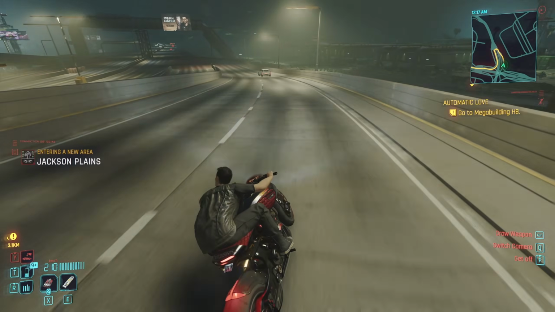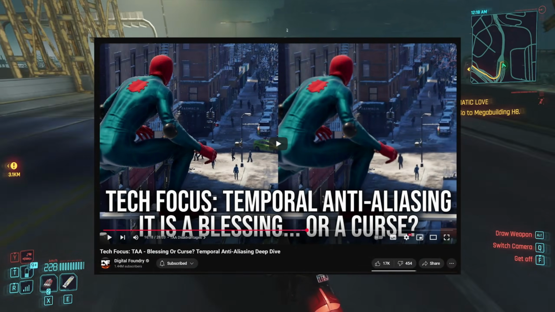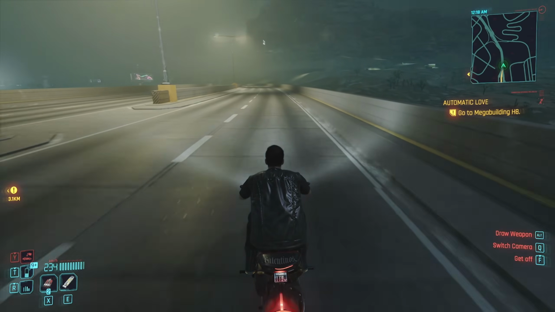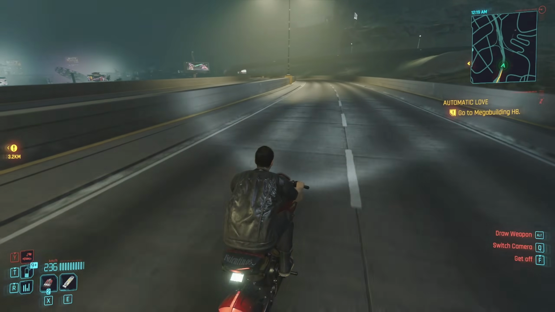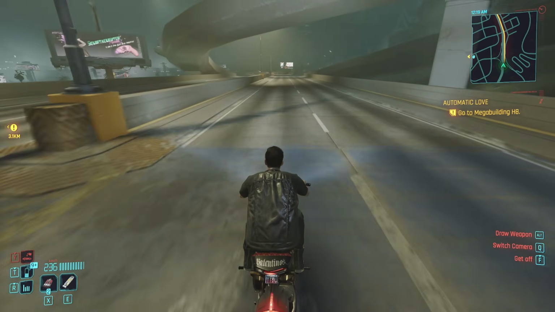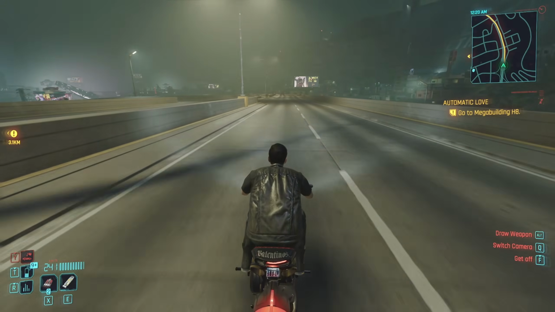And also, I'm not a computer graphics expert. So if you're curious, you can watch Digital Foundry's video on TAA. But in general, TAA is very fast, especially compared to methods like MSAA. Turning TAA on barely reduces performance. In addition, it applies to all areas of the image, whereas MSAA omits some elements of the image.